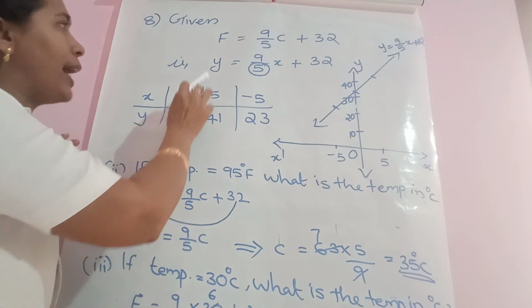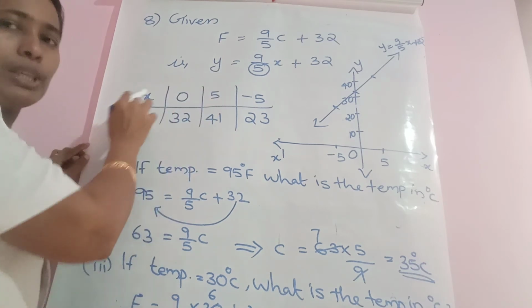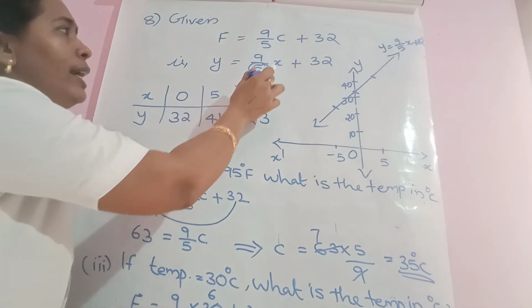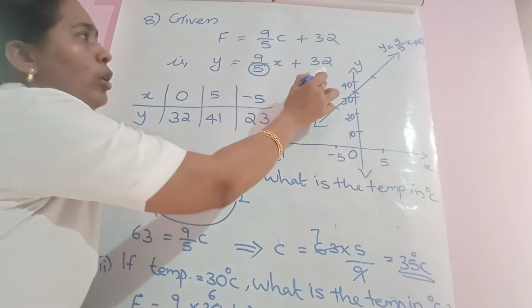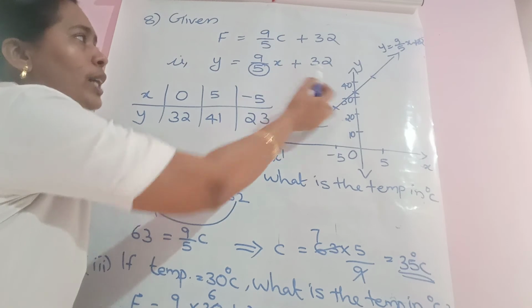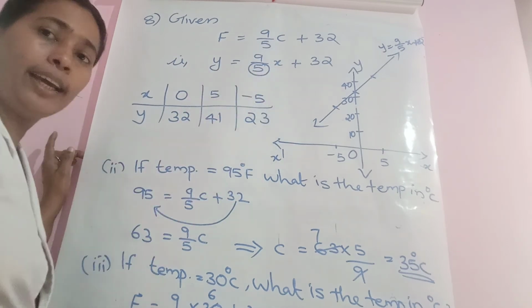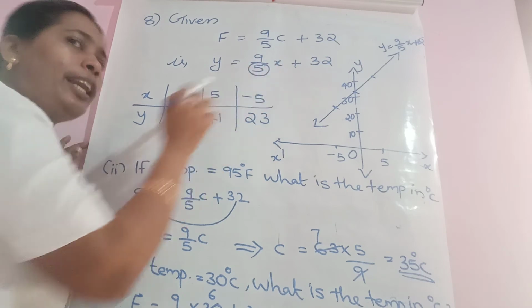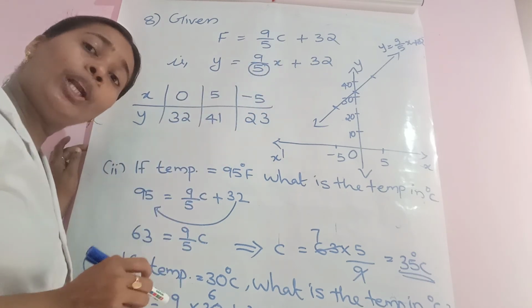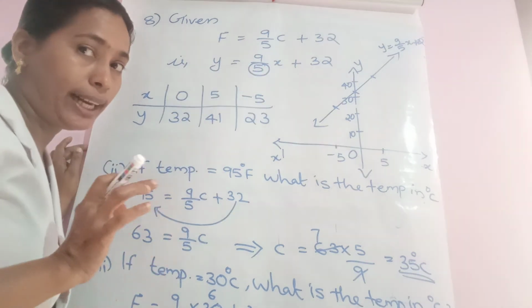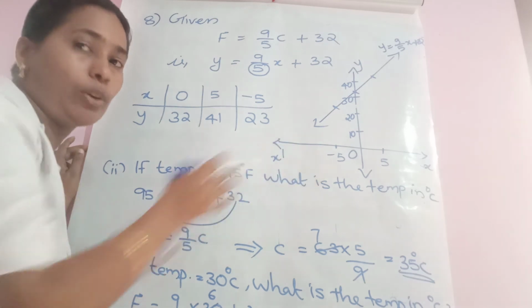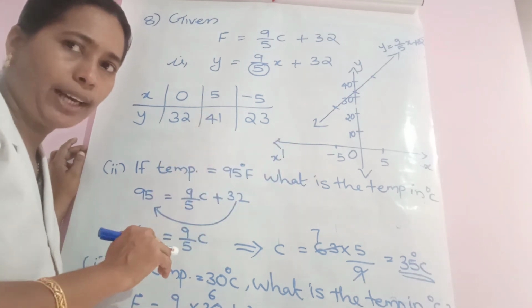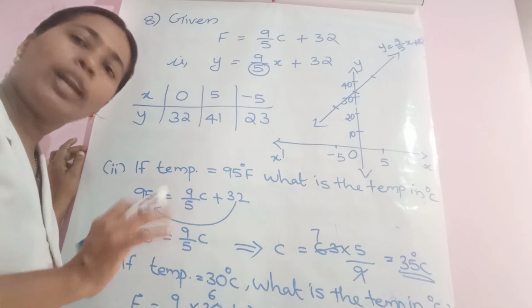Now our question is to represent them graphically. So let us write the solution table. First row x, second row y. Now look here. Here is a denominator. Of the two terms, only one has a denominator, 5. So you can give any value for x, but in order to get an integer, because an integer is easy to mark on the graph sheet. When it is a decimal or a fraction, it is not easy to mark, and the marking is not accurate also.